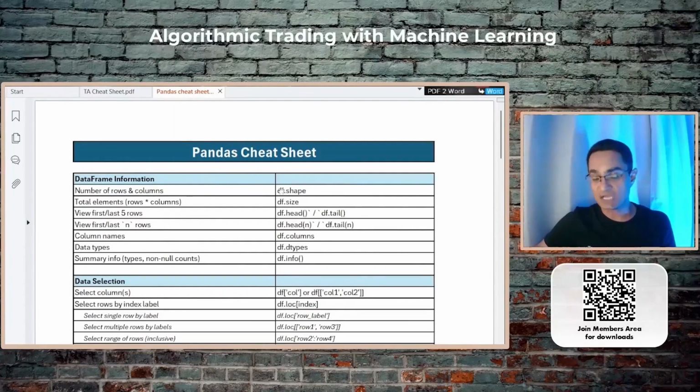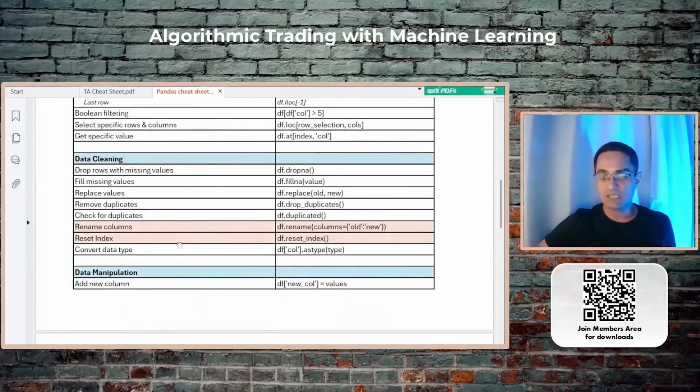Now, this is a Pandas cheat sheet because for the most part, you will be working with Pandas. As I mentioned, Pandas is like a 2-dimensional Excel sheet within Excel, and it's good enough for most of the operations that you perform. And the formulas that I've used, I've highlighted them in orange color. For example, we use the rename formula. In that one, all you have to do is write the same function and write the name of the old column here and the name of the new column. Or for example, we used the reset index function.